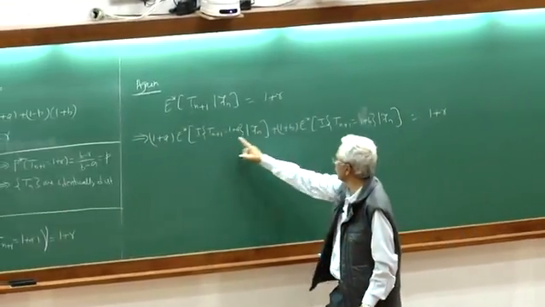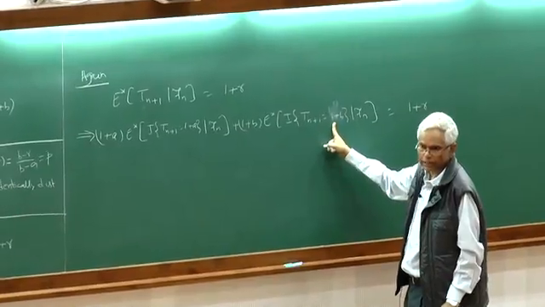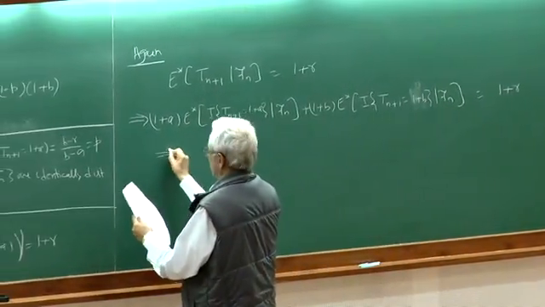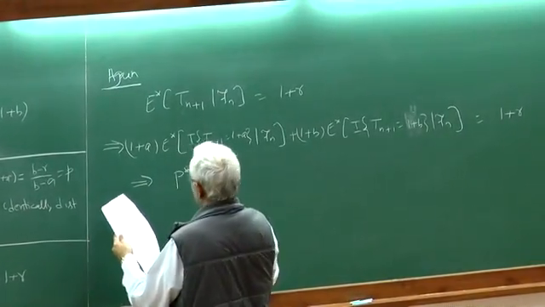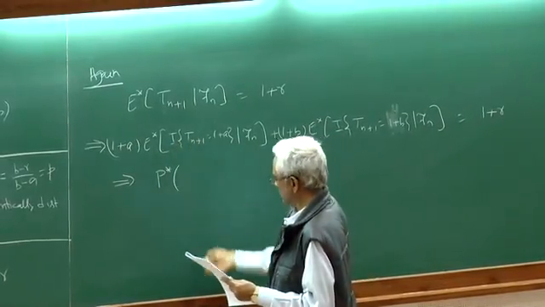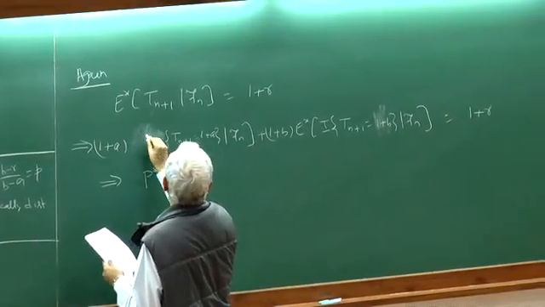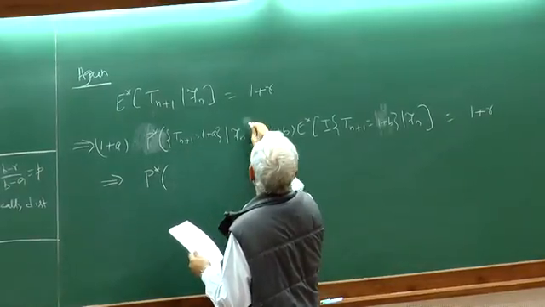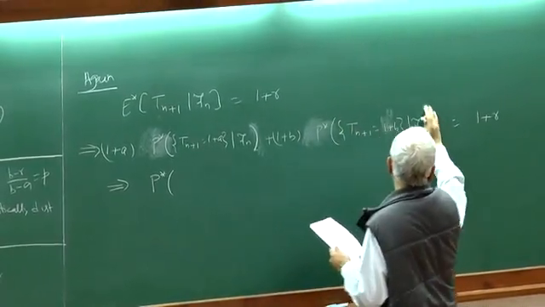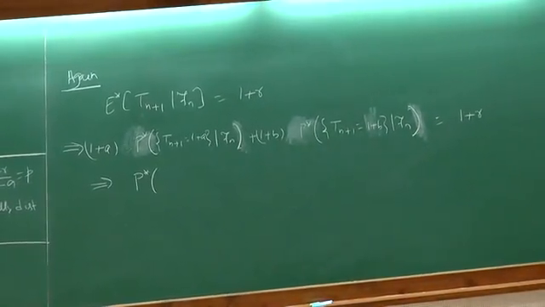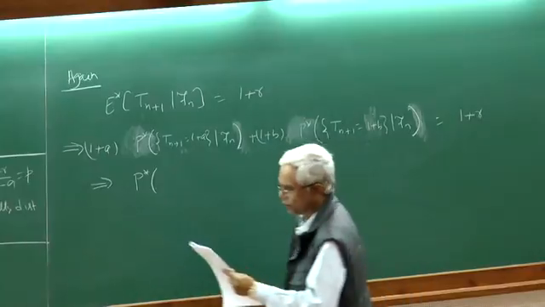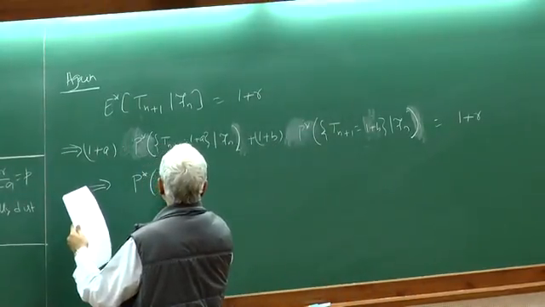But these two are complementary events even conditionally, right? And therefore the conditional probability of one must be 1 minus the other, right? So if you do that and simplify, you will get that P star, this is the conditional probability of, similarly, this is the conditional probability of, and these conditional probabilities are complementary, right? So this quantity is 1 minus this quantity, right? And therefore if you do that, then you will find Tn. The calculations you do yourself, and it's given